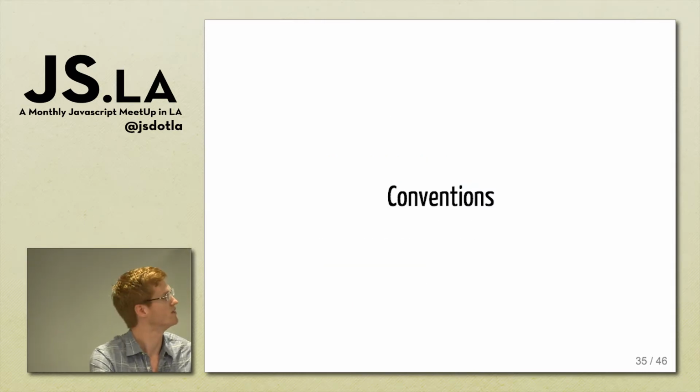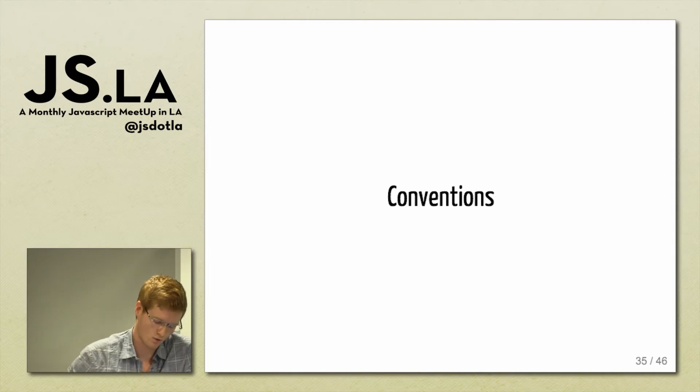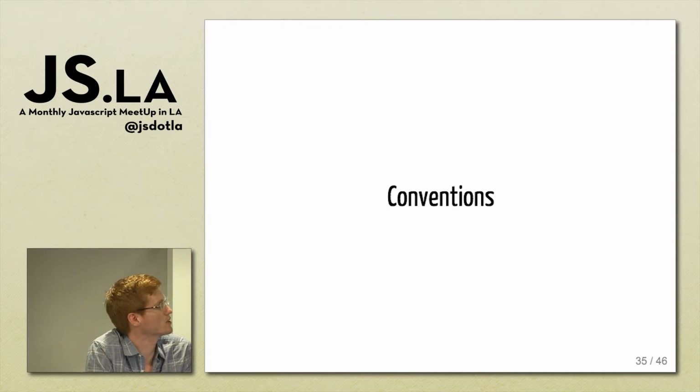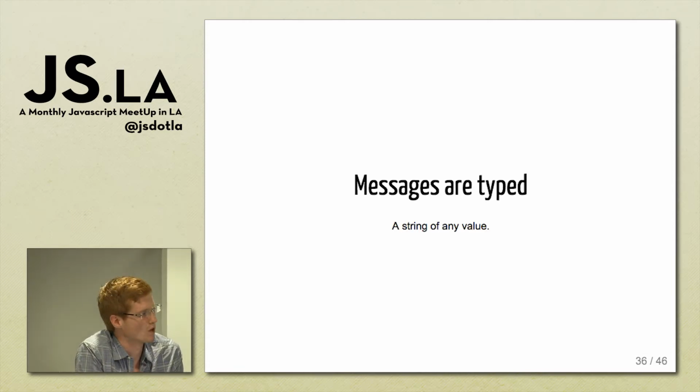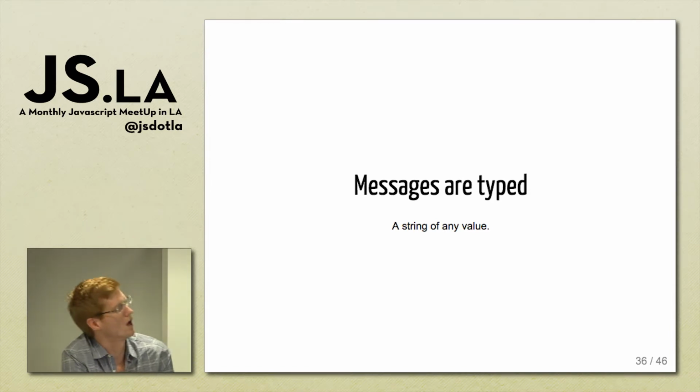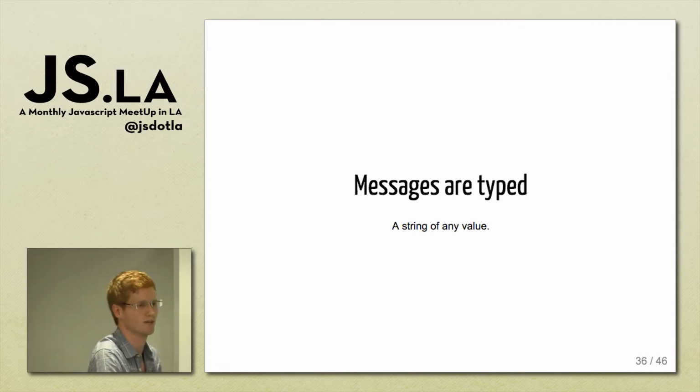Now on top of that, we have a couple of conventions for how the messages work. We call them conventions because you don't necessarily have to adhere to these, but they're useful, and we use them for creating indexes to be able to search through messages more simply. The first is that messages are typed. This is simply a type attribute that's inside the JSON object. It's a string. We don't do anything with that string except create a function that says get messages of type, right? So it's just a way basically to narrow down. Now, in practice, you use that to set schemas in the application usually. But there's nothing in the protocol itself that decides how schemas work. It's purely conventional.